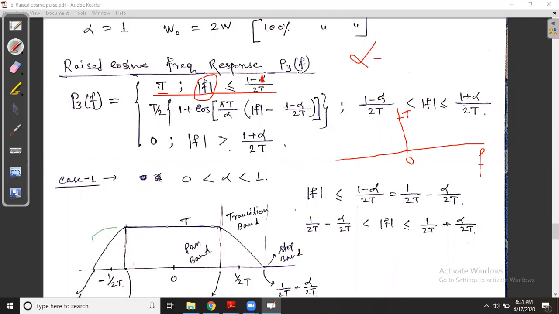Remember, the value of alpha is 1 now. Next, put the value of alpha here as well as here. If I put the value of alpha here, the frequency is again 0. And if I put the value of alpha here, the frequency will be plus minus 1 by t instead of 2t, that is mod 1 by t. So plus minus is coming. That means here a 1 by t term, and here also a minus 1 by t term.